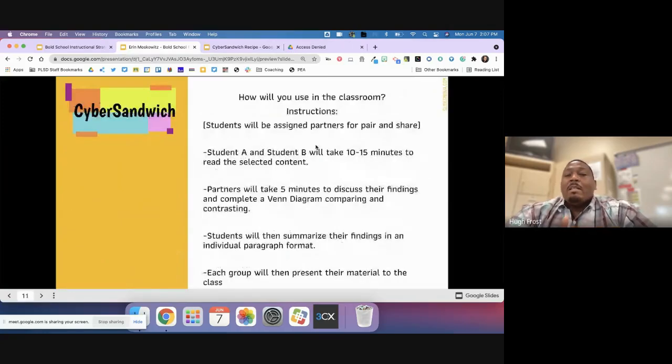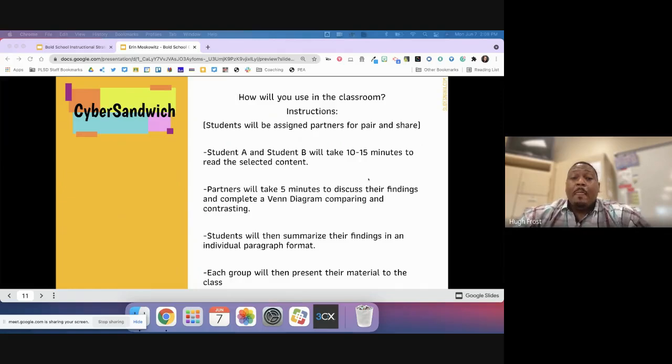All right, now how will this look in a classroom as far as for instruction? So say students will be assigned partners for a pair and share. Student A and student B will take, it's recommended, 10 minutes to read the selected content. Then partners will come together, take 5 minutes to discuss their findings and complete the Venn diagram, comparing